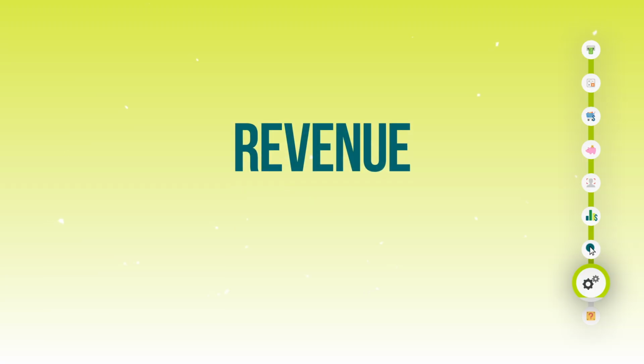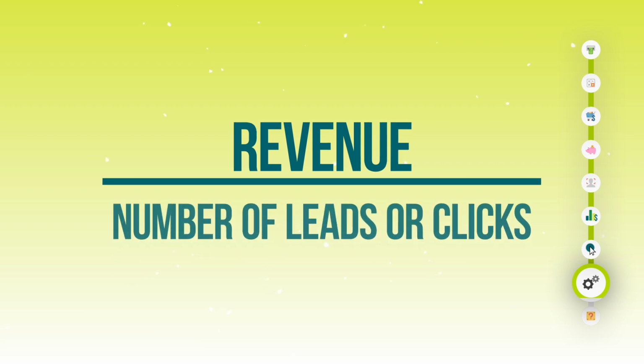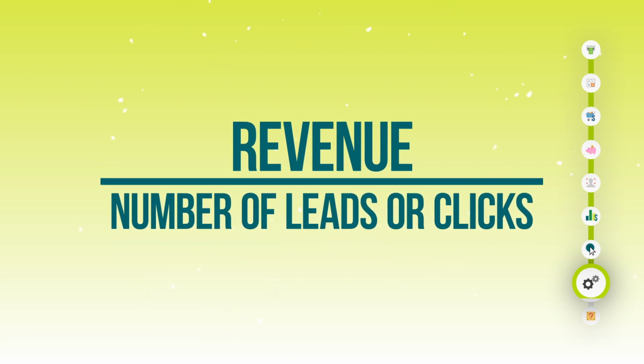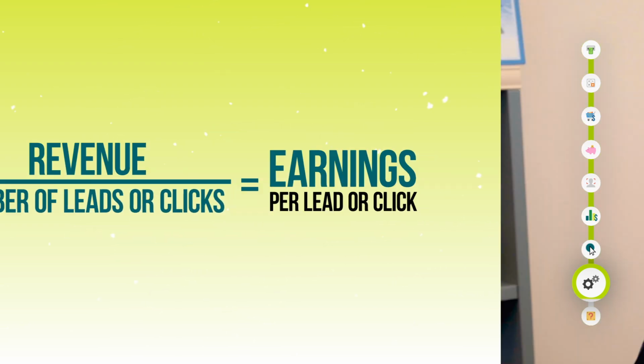Next up is our earnings per lead. This one is a little bit of a doozy because it's a manual calculation. Unfortunately, you're not gonna find your earnings per lead inside of Ads Manager. So this is something that I would just typically grab my notebook and write down. You would take your total revenue and divide it by the number of leads that you've generated from your Facebook ads. But you might be thinking, how do I find the number of leads generated?